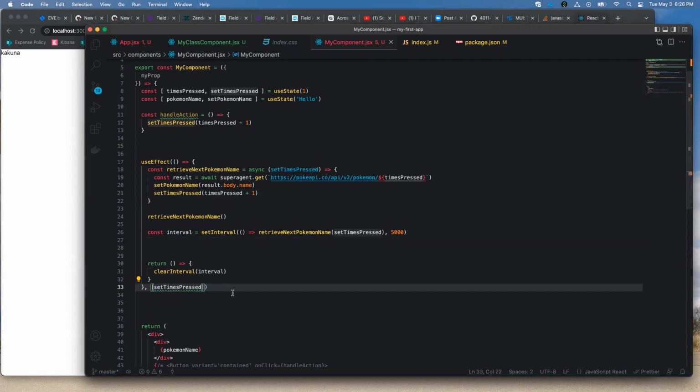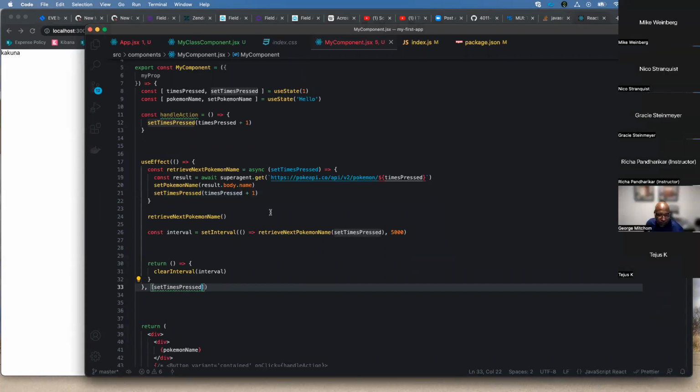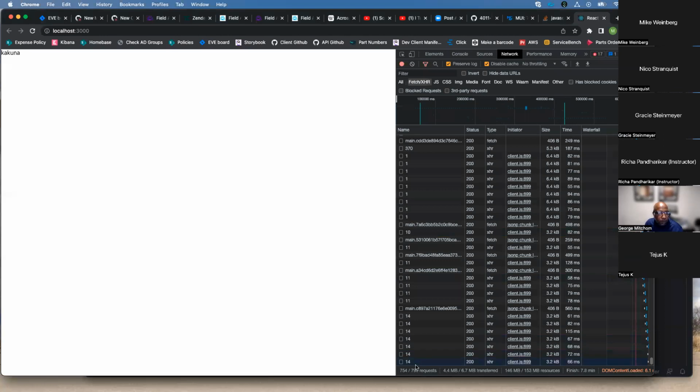And I don't want to add times pressed here because then it's going to create a bunch of different intervals. Well, whatever. You see what I'm attempting to do at least. I guess you can't really increment here, because for whatever reason this isn't firing properly, or maybe times pressed in scope here is not changing. I don't know why, but we do see that the network calls are happening every 5 seconds, and that's something